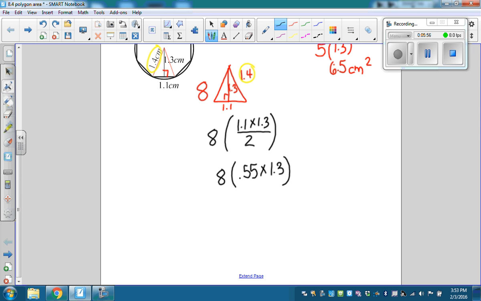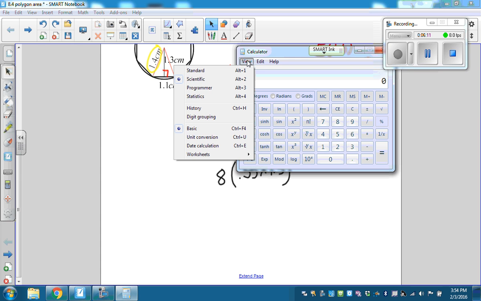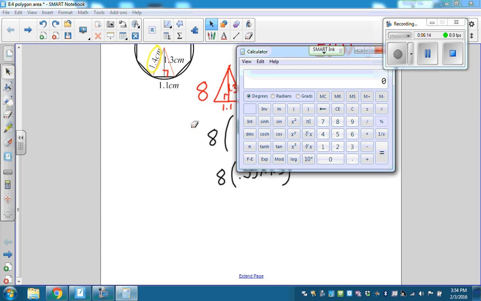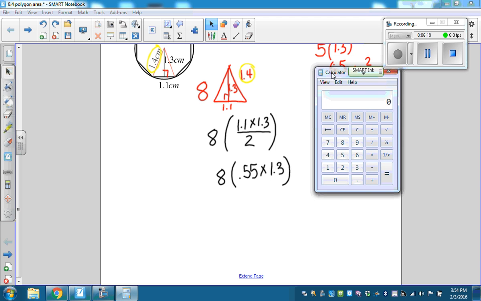Okay, so that's because 0.55 is half of 1.1. And that would be a calculator active problem. Although it's not a hard problem, it's just kind of quicker. So let's go to standard here and just work that out. 0.55 times 1.3. So that's 0.715, and then times 8. And that's 5.72